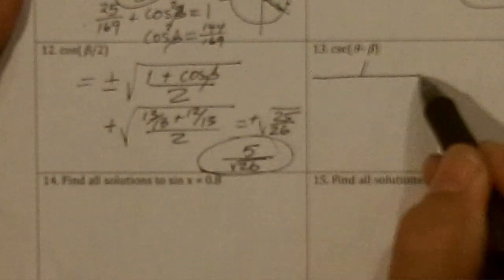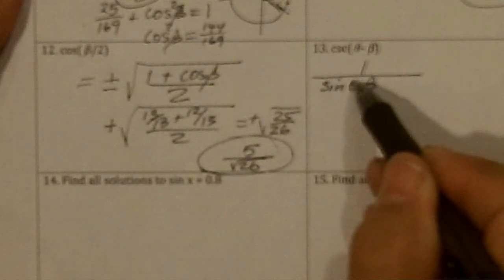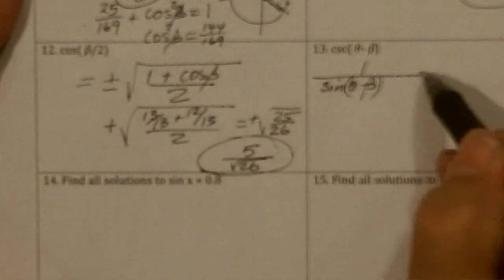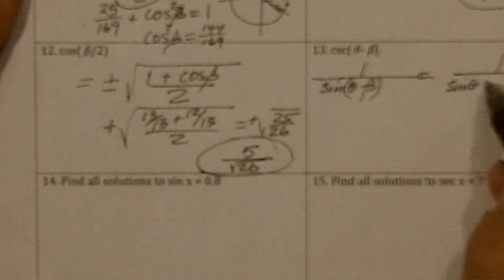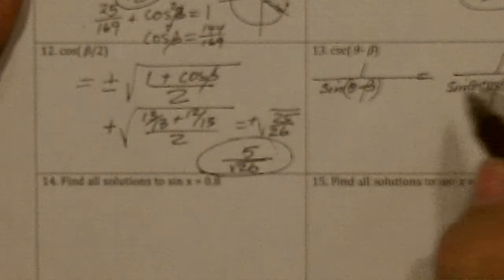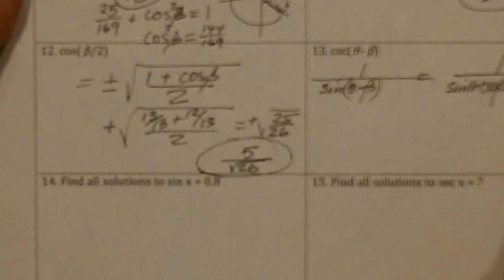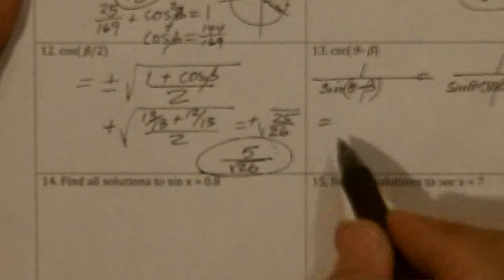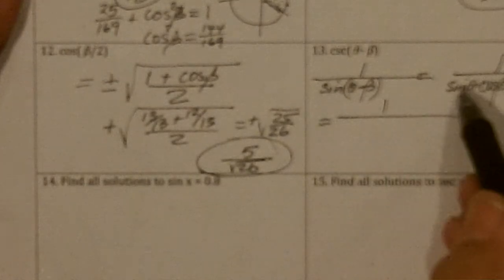Cosecant. Well, we didn't do a difference formula for that, but we know the cosecant is 1 over the sine. And the sine of theta minus beta will be 1 over the sine of the first, cosine of the second, and if it's minus, it's the same sign, so that's minus cosine of the first, sine of the second. So we get 1 over sine of theta,